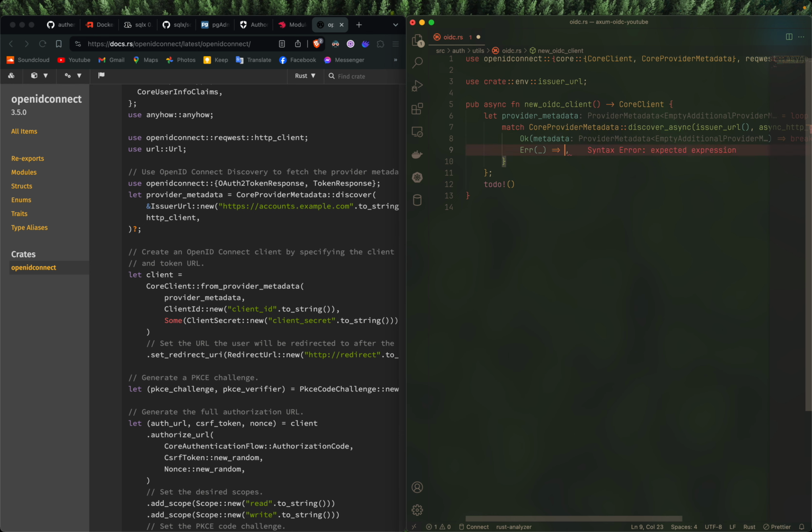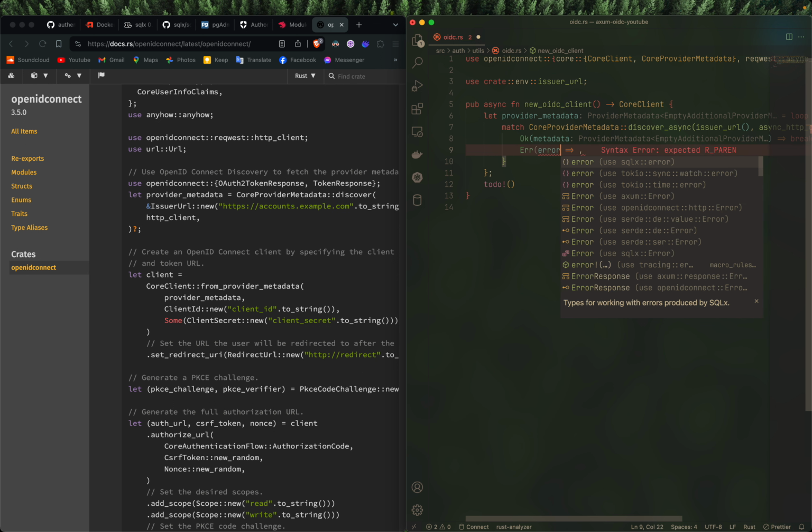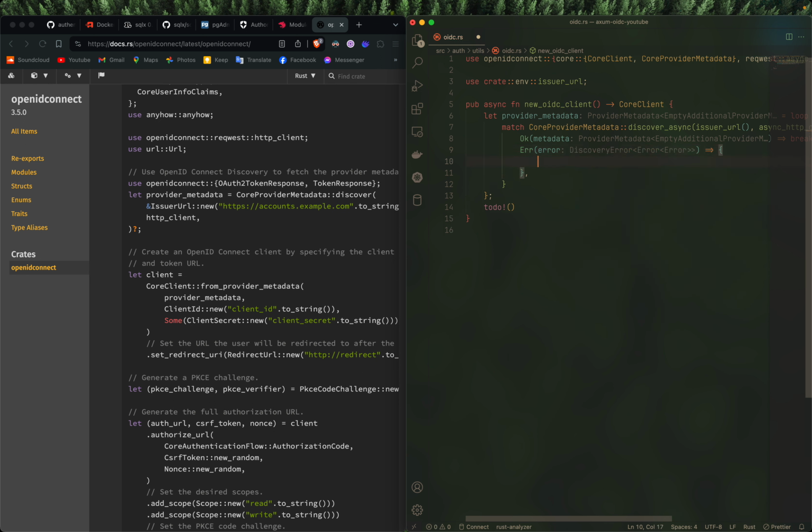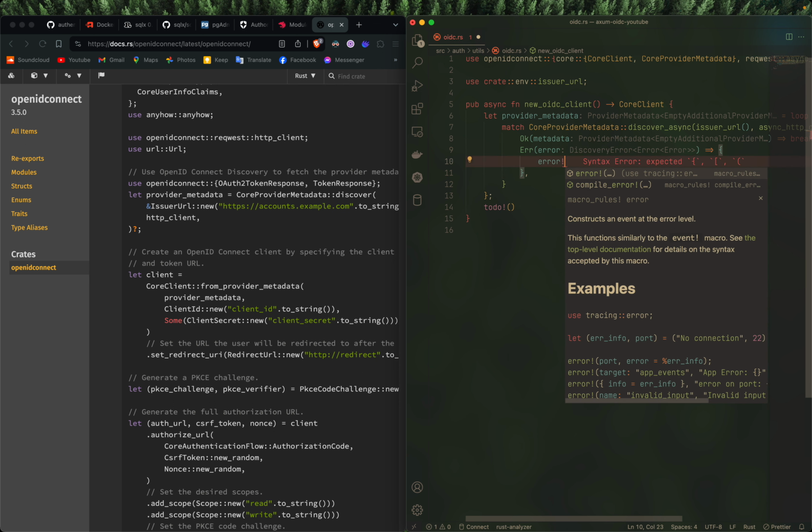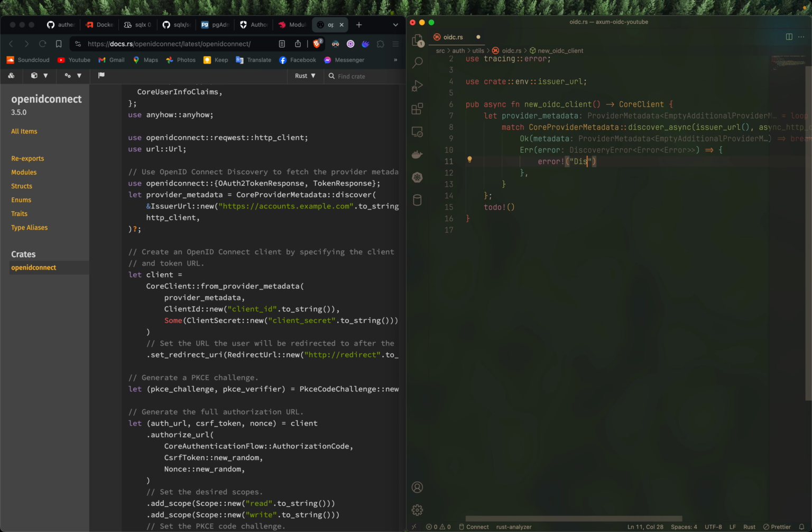The error, I'm also going to have it as error, and then error from tracing, discovery error, return back the error formatted nicely, and then finally